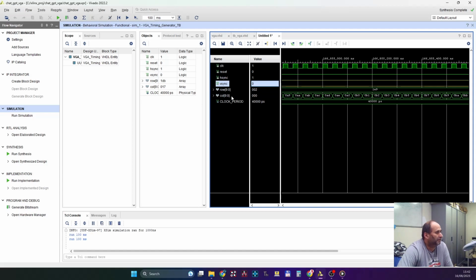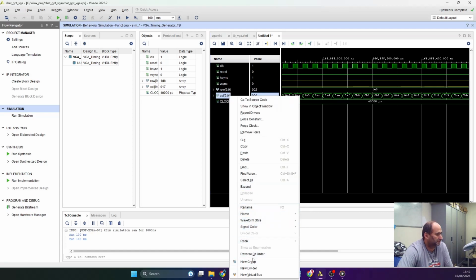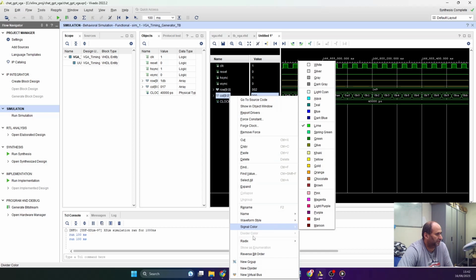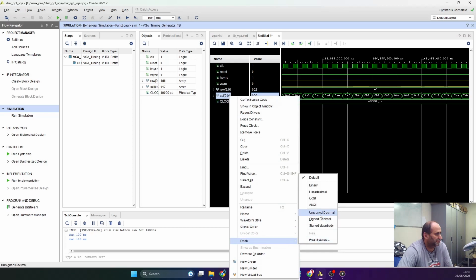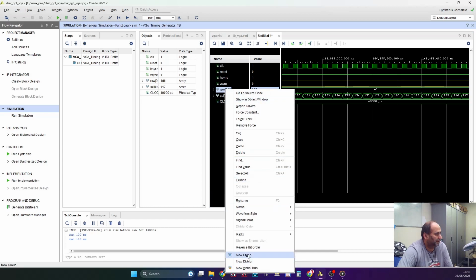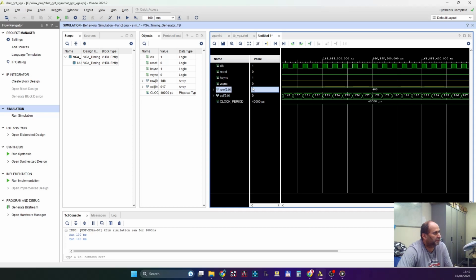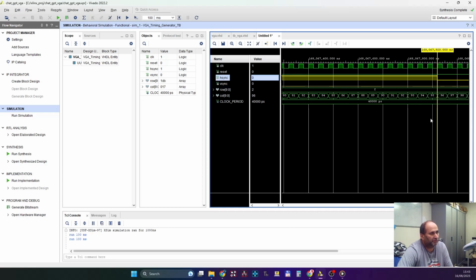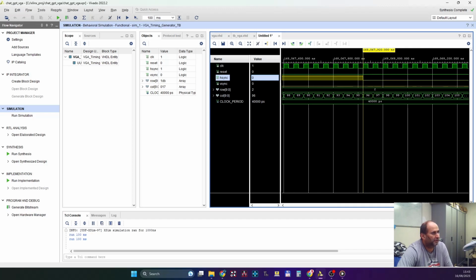Anyway, I'll just make this into a different radix. I'll just make it unsigned decimal so we can see those numbers, and the rows again unsigned numbers. Just want to, and then search for the H-sync, right? So the first transition of H-sync here. So on the transition of the H-sync,